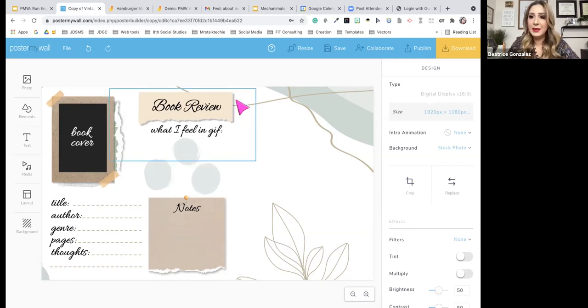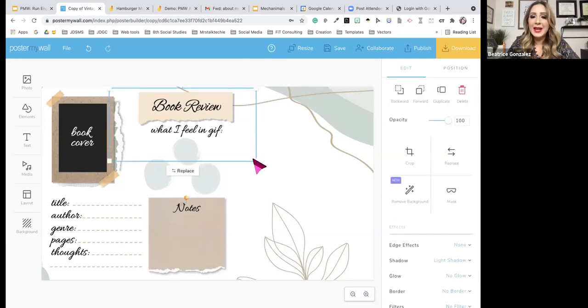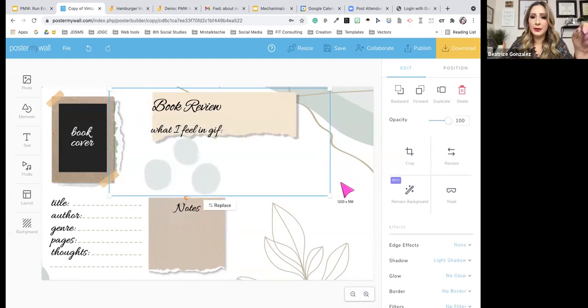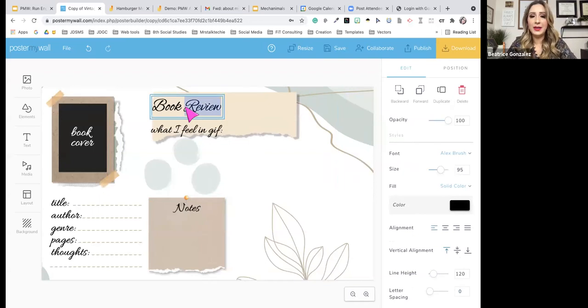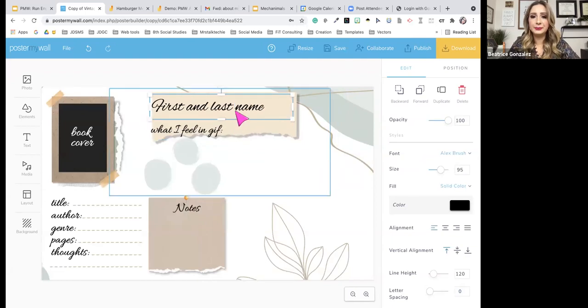I'm going to start by grabbing this one. And you can always resize by pulling the corners. I'm going to resize just like that. And I'm going to make this so that they type in their first name and last name. Once you click on that, you can drag the edges here.